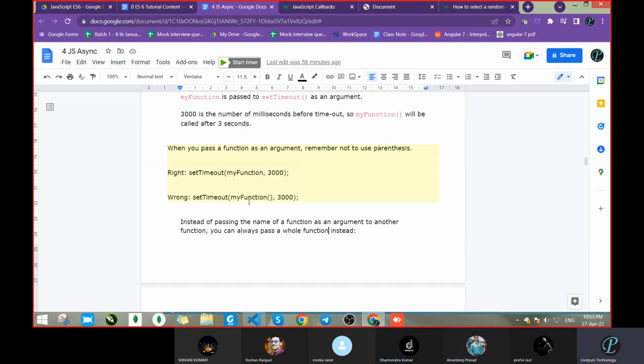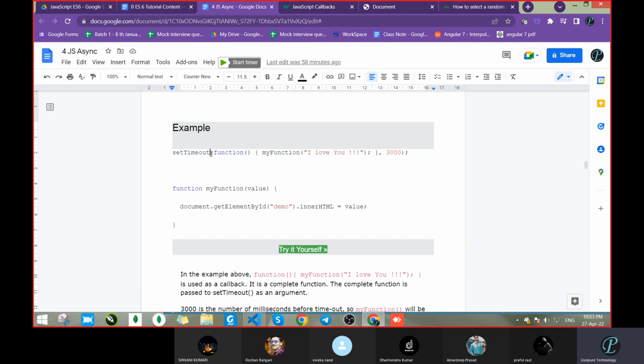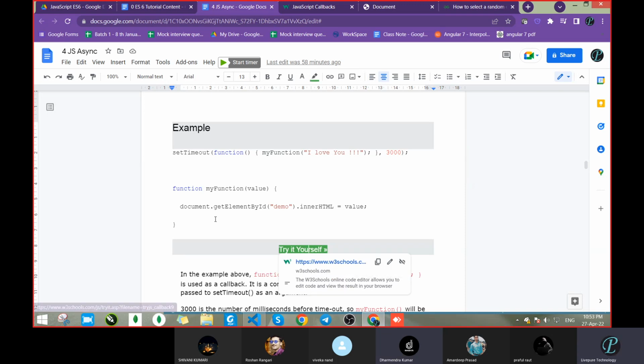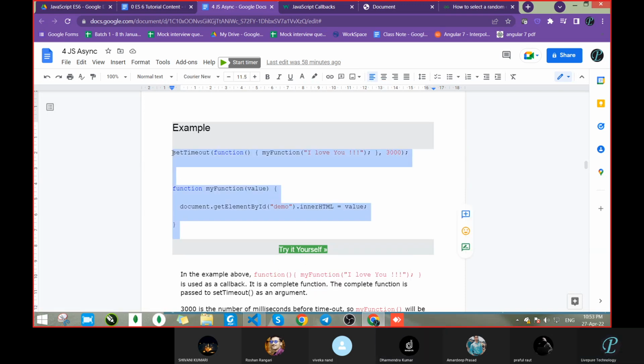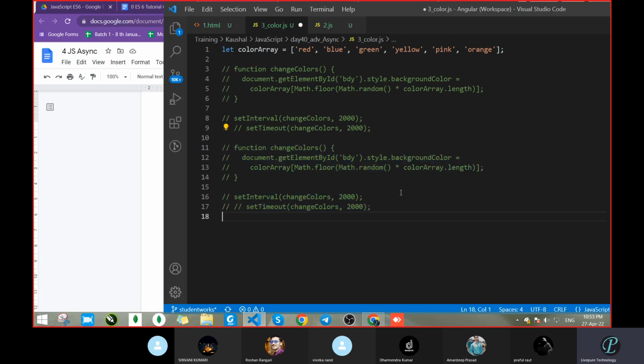Okay, see. In case of set timeout, what are we writing? We are writing the function name. But in place of the function name, we can pass the complete function also. Both are the same, it's not an issue. So here we write the set timeout function with curly braces, whatever the function is. Sir, with set interval it is also set, but with an interval it won't print, we won't know.